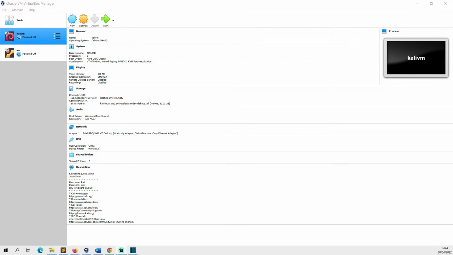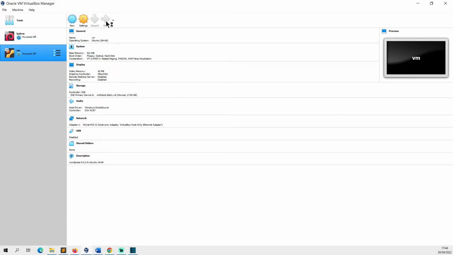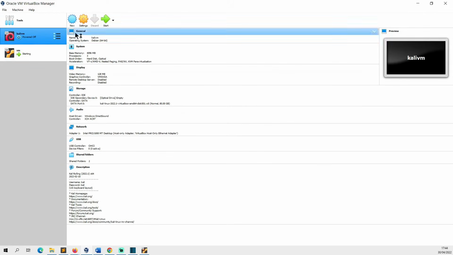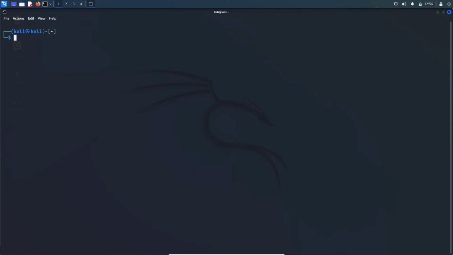Okay, with your network adapter properly configured, what we want to do now is start both of the virtual machines, the target and your attack box. So just grab the box, click start, that will start the target, wait for that to spin up, and then you want to start your VM as well, and then wait for that to start up. So now that the virtual machine has booted up and we have our target machine up also,